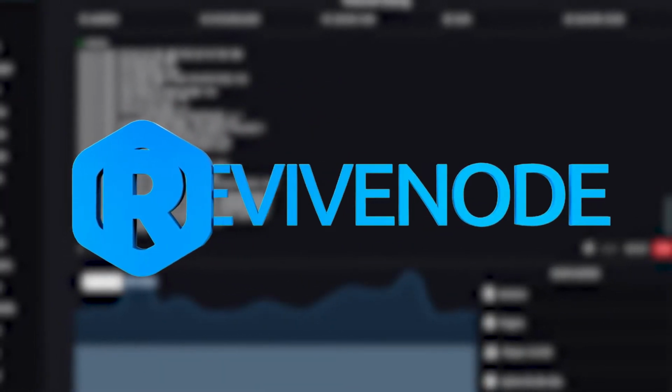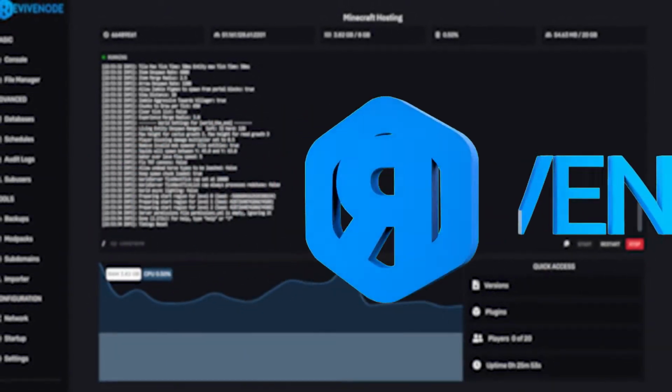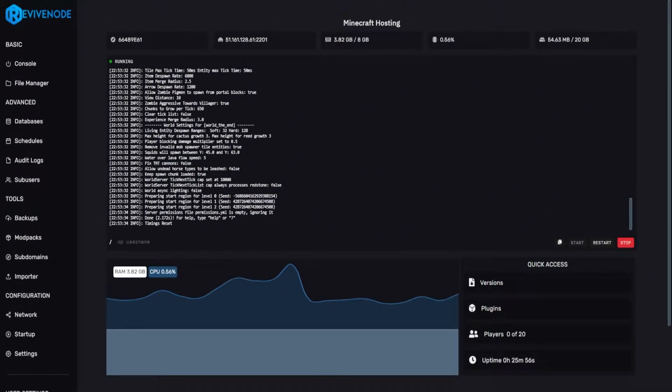Today, we'll be explaining to you how to change your Minecraft version. You can do this manually, and we'll explain that in the second half of the video, but we will be explaining it through our version changer. To access it, just select the service that you want to change your version on, click on the versions on